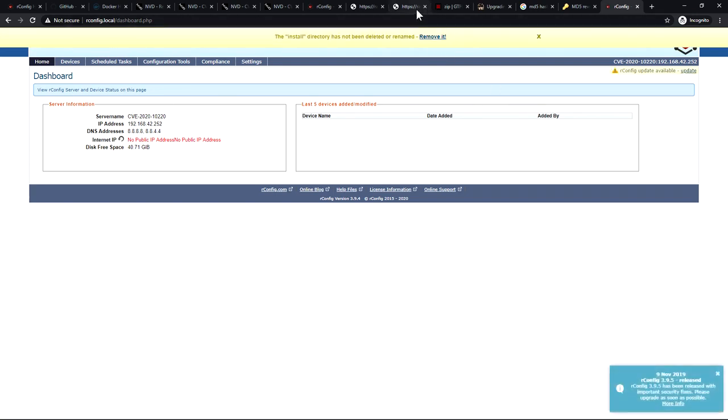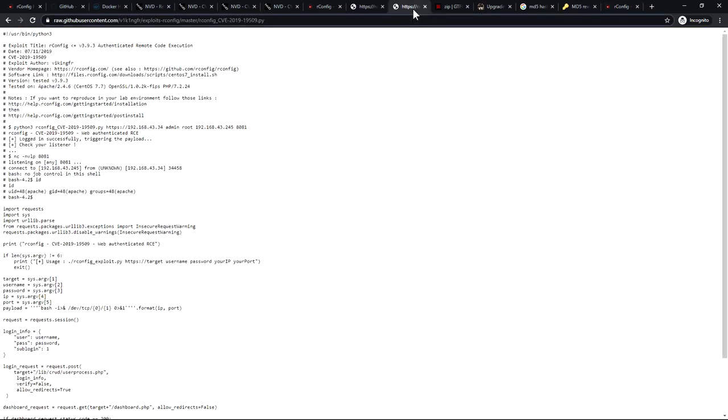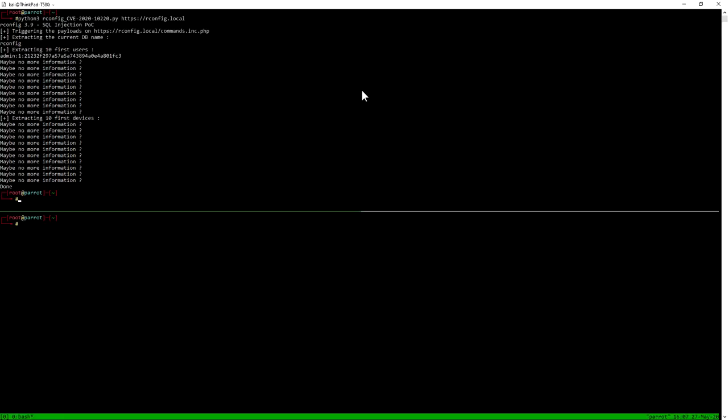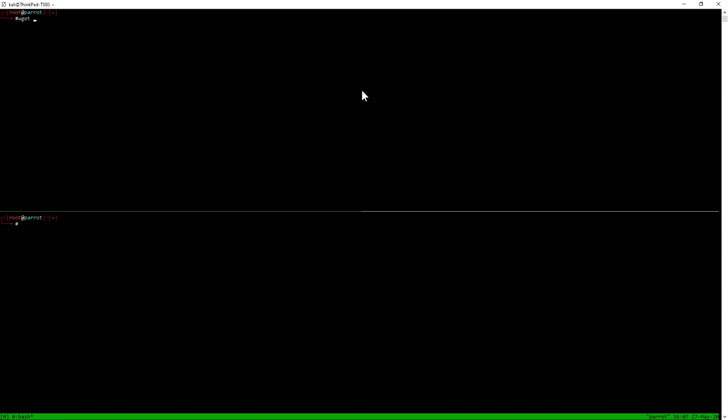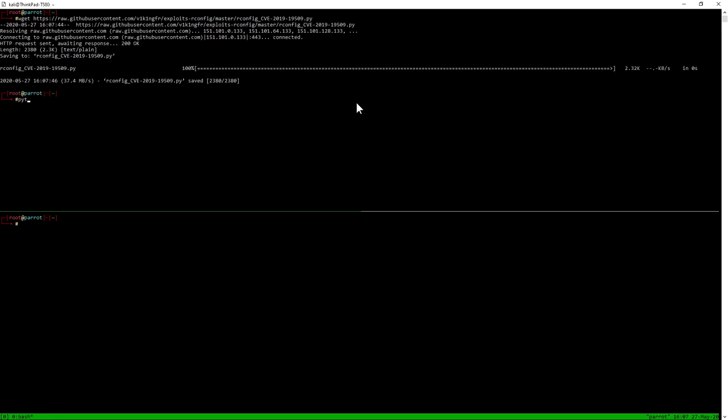Now the second exploit that we are going to talk about is remote code execution. The author has also provided the POC for this particular vulnerability, and I'm just going to clone it and use it on my system. Let me see how to use it. I just need to provide the target, username, password, my local IP and the port number.